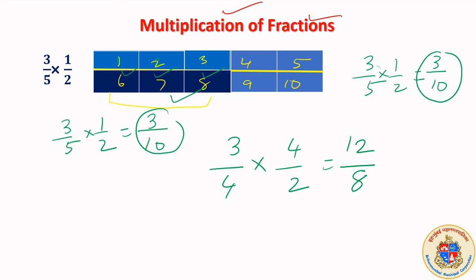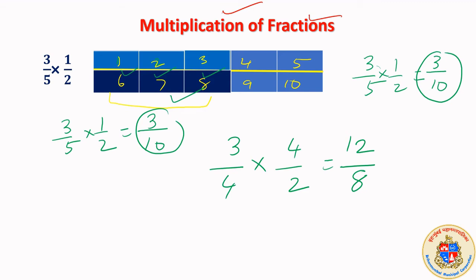The reason I say simply is that when it was addition and subtraction, we were supposed to make the denominator same, and we used to multiply both numerator and denominator of one of the fractions or both the fractions in order to get the denominator same. Then we will go ahead. Otherwise, we will find out LCM and go ahead. Multiplication of fraction is a bindas job. Simply multiply numerator with the numerator, denominator with the denominator. Finished. The matter is over.